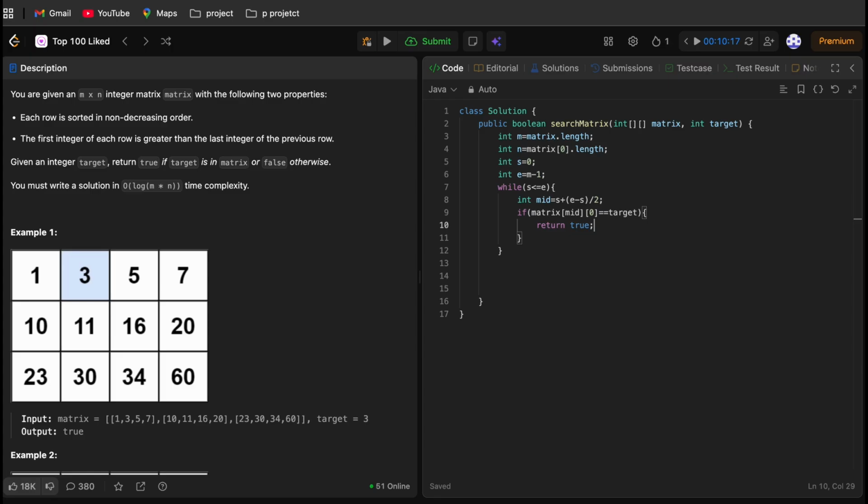Basically in this question we have to return whether the element is even present or not. So if the target element is present in this matrix we will return true, otherwise we will return false. So if we found our target at the starting index only, we will return true. Else if matrix of mid of 0 is greater than target,